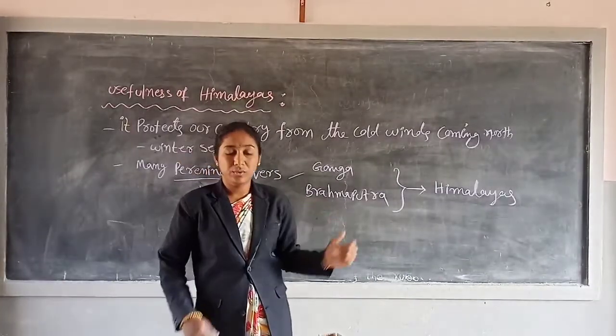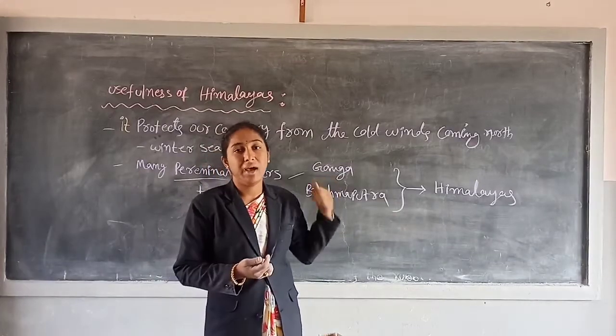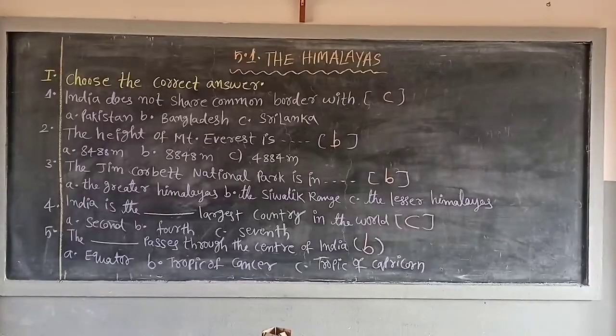Okay now let us write the fair notes of this Himalayas lesson. Look children, this is the fair notes of 5th lesson, the Himalayas. 5.1 Himalayas. So neatly write in your social fair notes and in your social textbook. First of all, write the lesson name, the Himalayas. Then keep the first bit heading, choose the correct answer. Choose the correct answer. Total 6 questions are there.